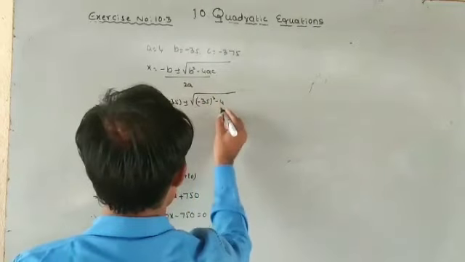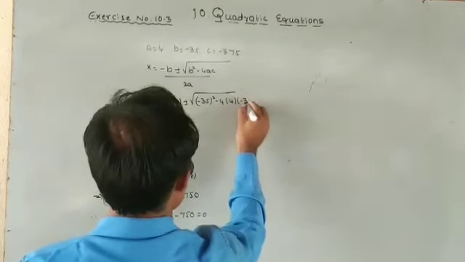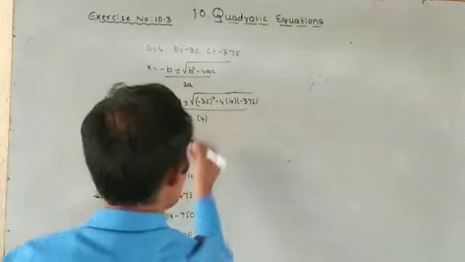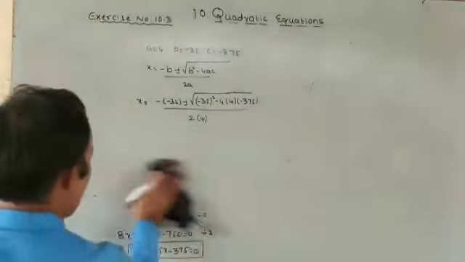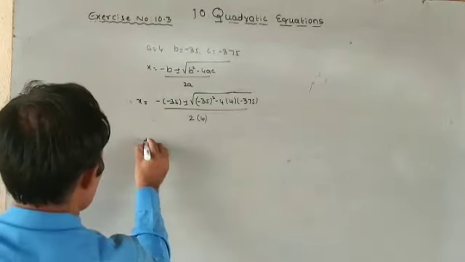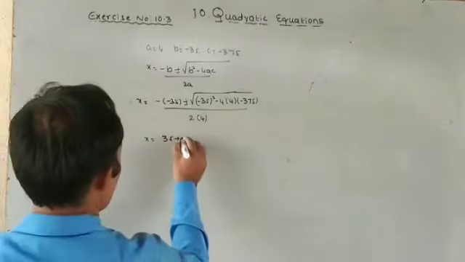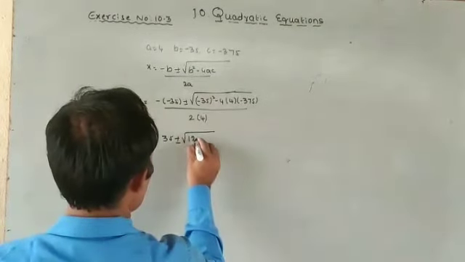Therefore, the time taken by the smaller tap to fill the tank is equal to